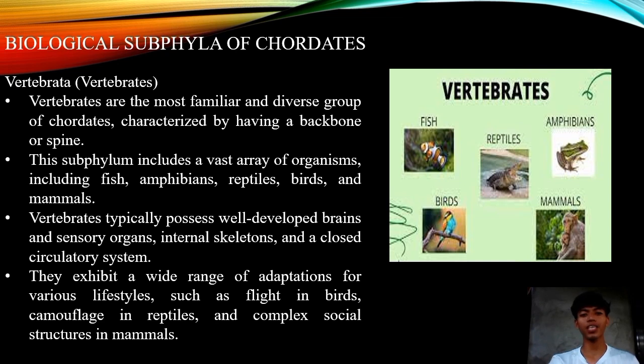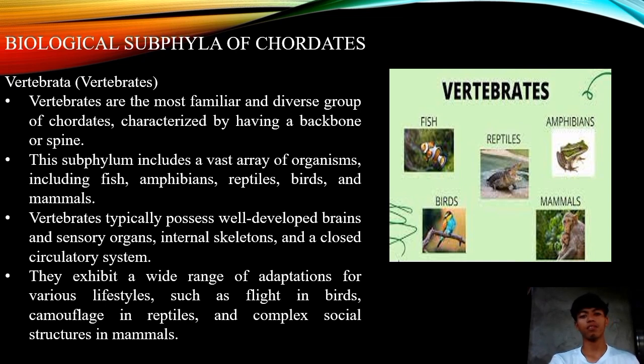Also, vertebrates have well-developed brains and sensory organs. Vertebrates typically possess well-developed brains and sensory organs, allowing them complex behaviors, cognitive abilities, and perception of the environment. This enables them to respond adaptively to various stimuli and challenges in their surroundings. So next we have